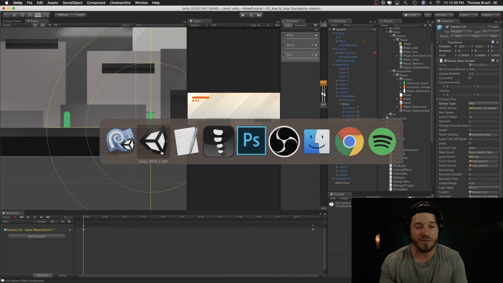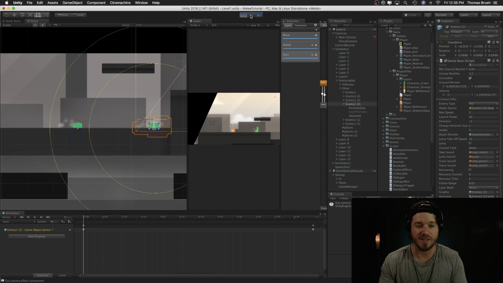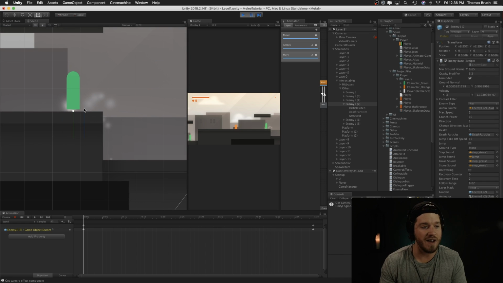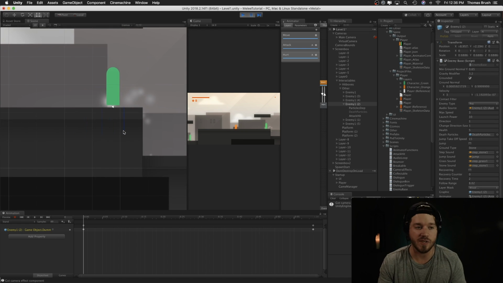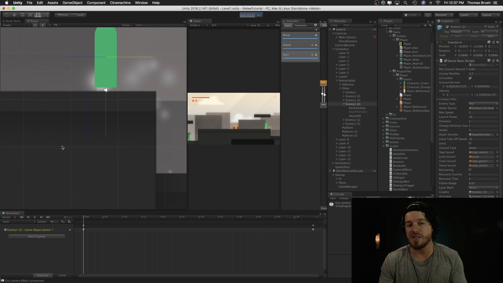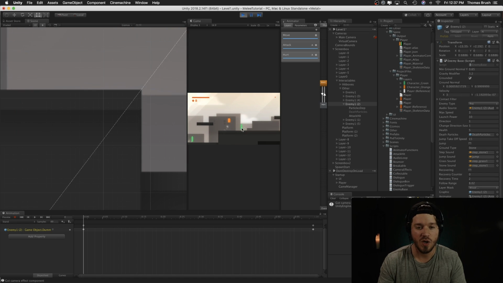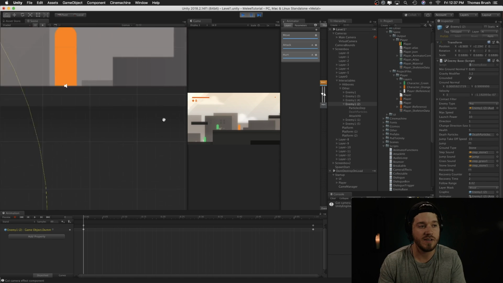And you'll see that if we hit play, I can show you exactly what those raycasts look like. So let's go over to this guy. We have a right ledge raycast and a left ledge raycast. Now they're both blue, but you could change them to whichever color you want. And again, these aren't going to be shown in your game. They're actually just going to be shown in your editor. So as this enemy runs to the left, hit pause, you'll notice